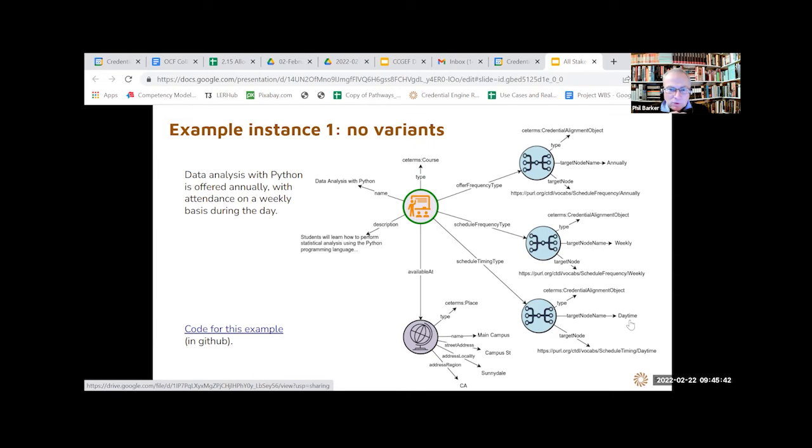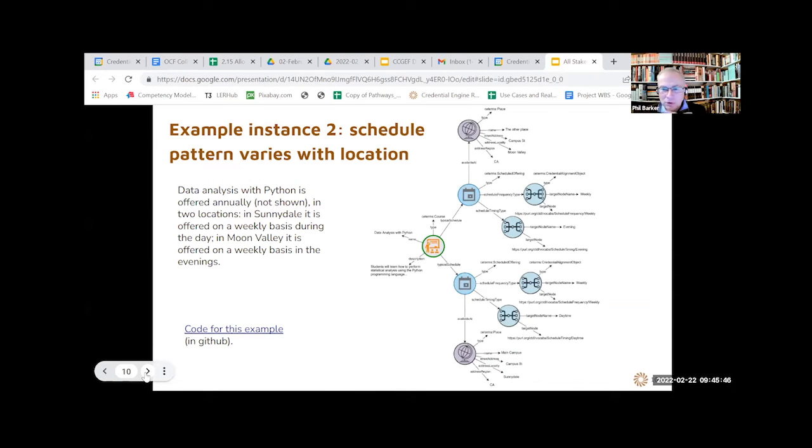If we move on to the next, we see the sort of additional information that you can provide when the course is offered in two different places. So we have the same course, but this time there are two scheduled offerings of it. The first one at the top, and I do apologize that the text is probably too small for you to see.